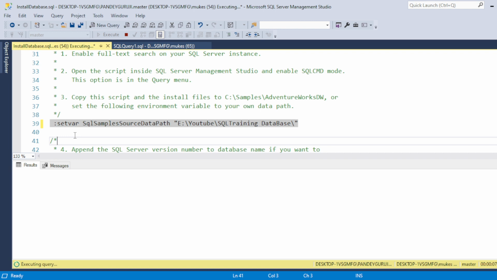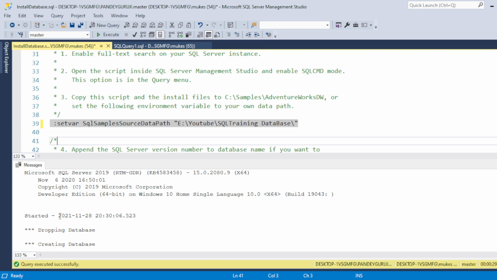Okay, so you can download this file that I discussed from the Google Drive. That is the link provided in the description box. You can extract the file and put it on the local machine's D drive or any drive, and you can provide the path location where the folder is located. So now you can see here the query executed successfully. It means the database got loaded.